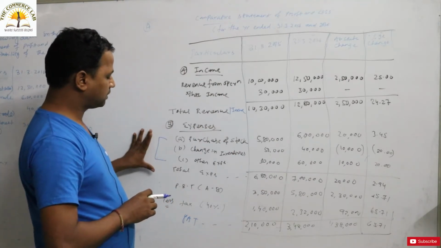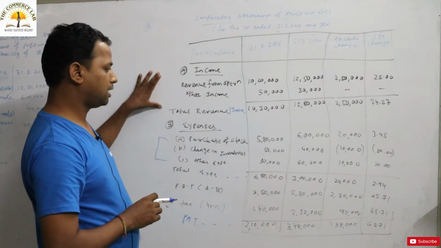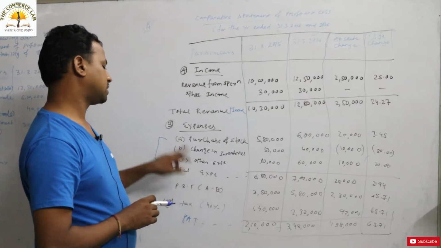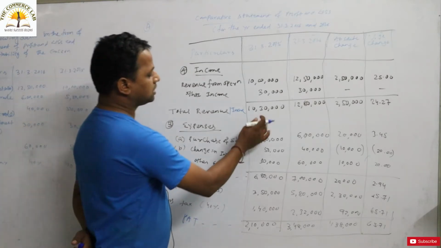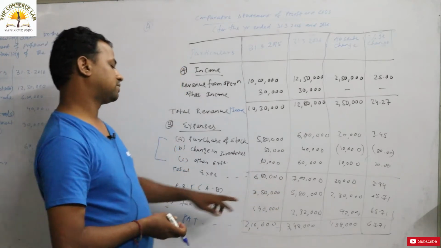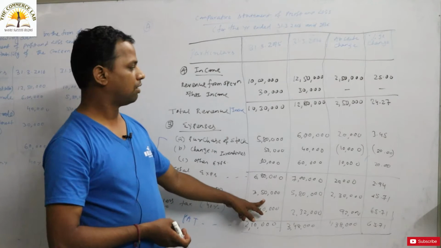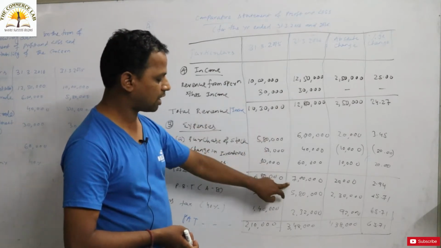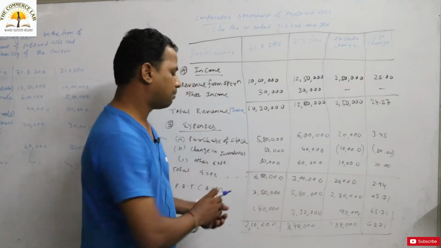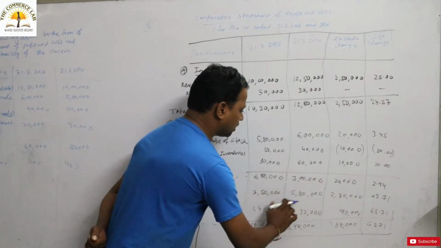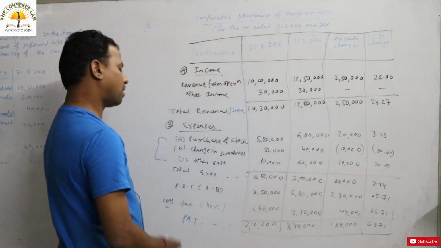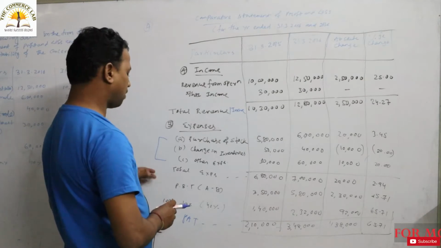Then you have to deduct the total expenses from the income to get what? Profit before tax. PBT means profit before tax. That is A minus B. So this is 10 lakh 30,000. This is 6 lakh 80,000. So how much is the profit before tax for the previous year? 3 lakh 50,000. Okay, then 12 lakh 80,000 minus 7 lakh, that is 5 lakh 80,000, the profit before tax for the current year. How much is the change? The change is 2,30,000 by 3,50,000, that is 65.71% change in the profit before tax.